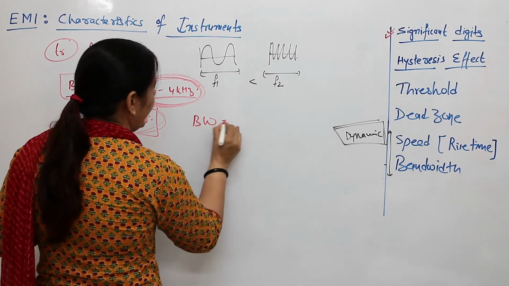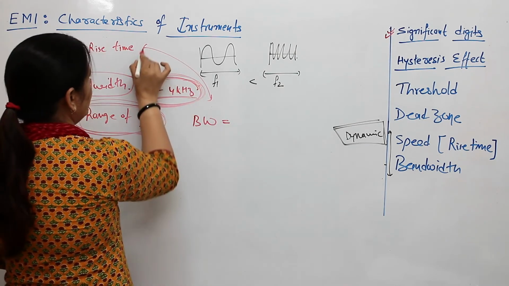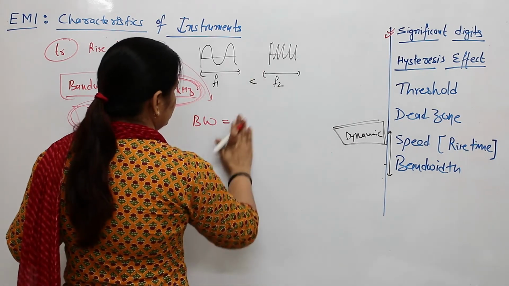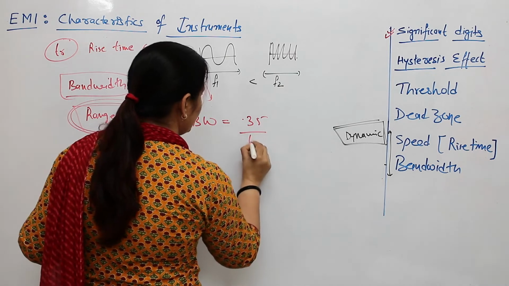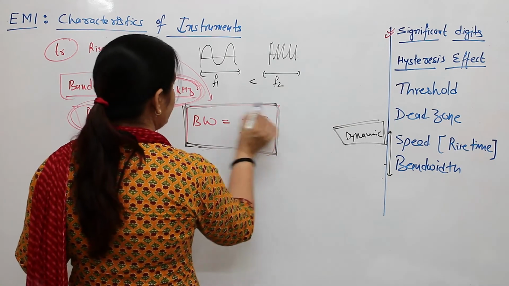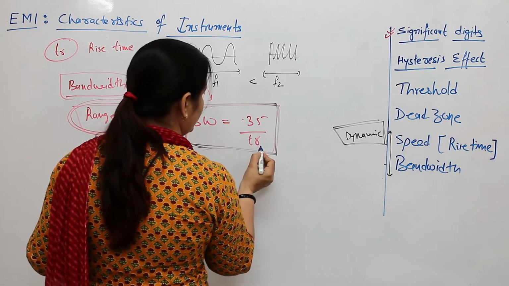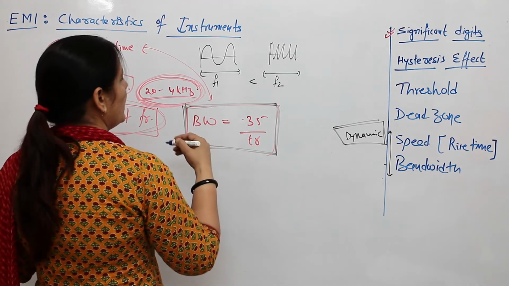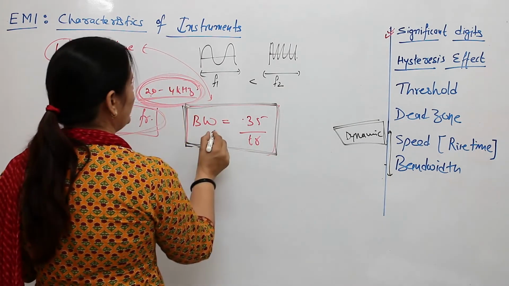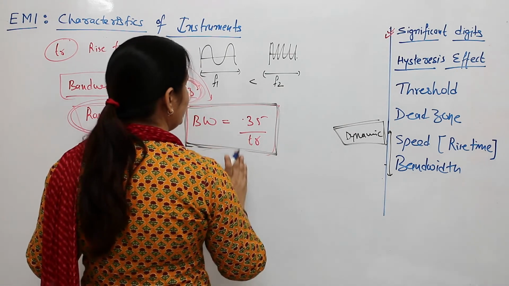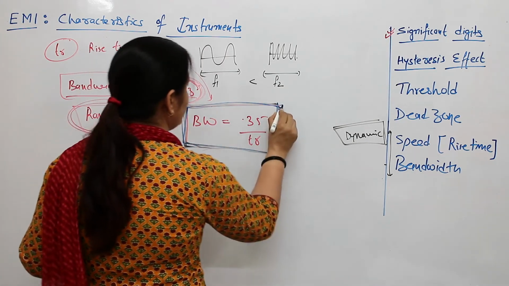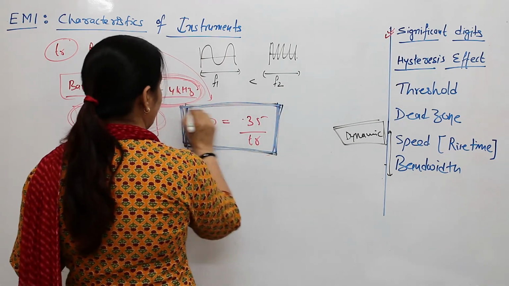Bandwidth and rise time are correlated to each other, and many times there is a numerical correlation that is being asked in the competitive exam. So please note down this correlation. Many times there is a numerical relationship between the bandwidth and the rise time, and in objective problems the examiner frequently asks that if this is the rise time of the measuring unit, what will be the bandwidth that can be reliably measured by the instrument? So please note down this formula. In small objective problems or in a 1 mark question, you can use this formula.